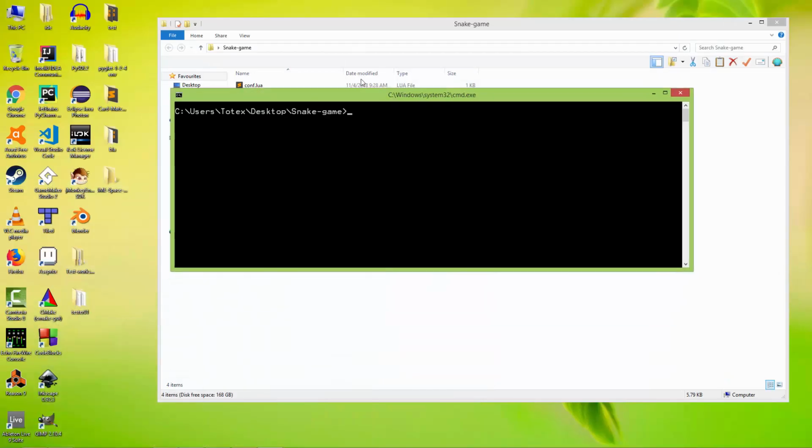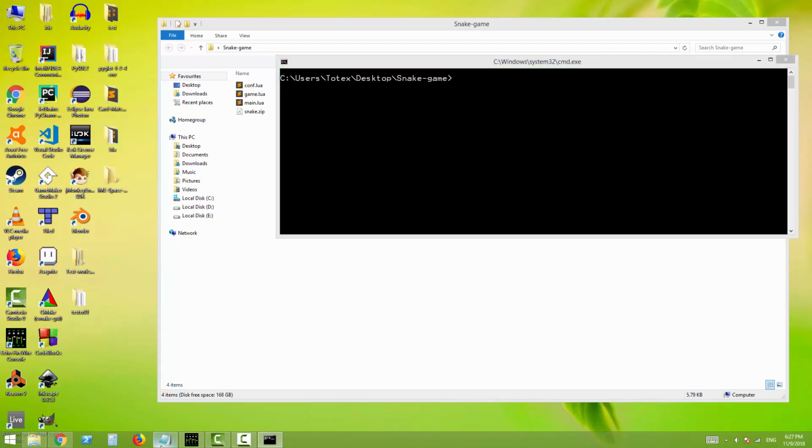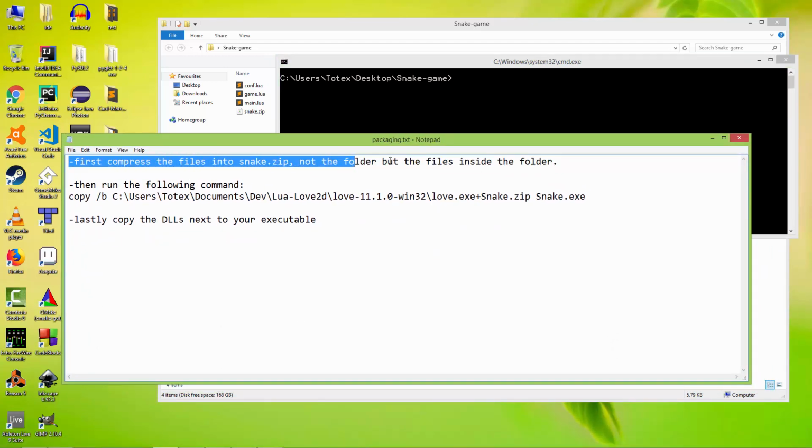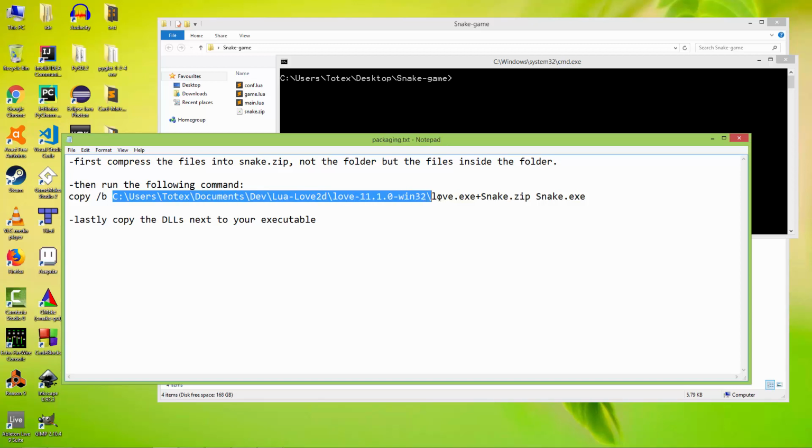So here I prepared a txt file with the instructions. So we already compressed the files into snake.zip. Now run the following command. So copy /b, and my Love executable is in the C users documents dev lua love2d and so on, love.exe,